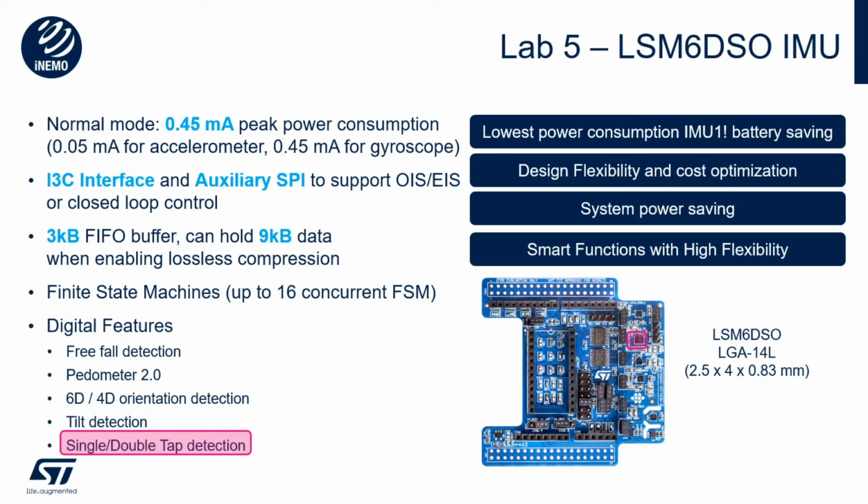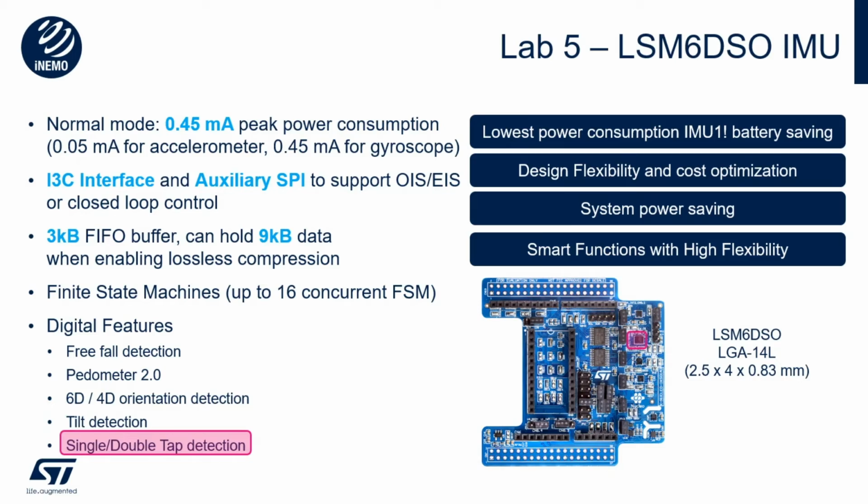The interrupt generation logic is rich in features. It can detect a freefall condition, which corresponds to an acceleration close to zero. It can detect acceleration patterns associated with steps and update the corresponding counter. It can detect changes in the orientation. In this lab we will be using the capability to detect single and double taps. There are many parameters that can be configured: minimum intensity and duration for the acceleration pulse, and maximum time interval